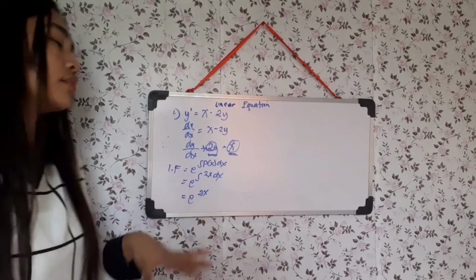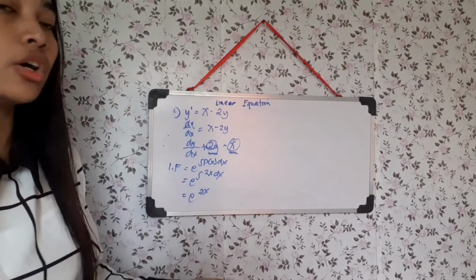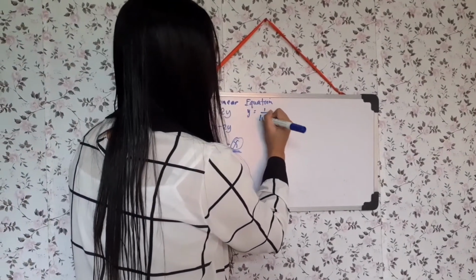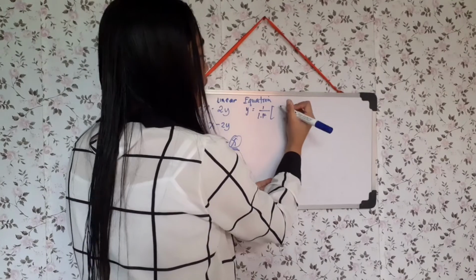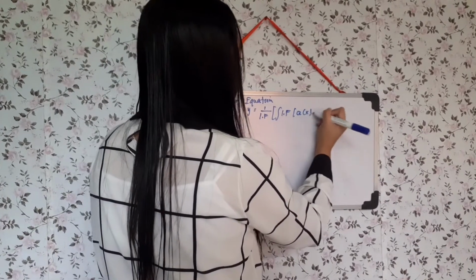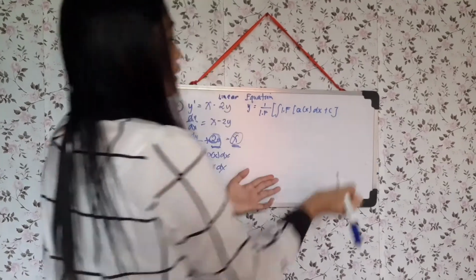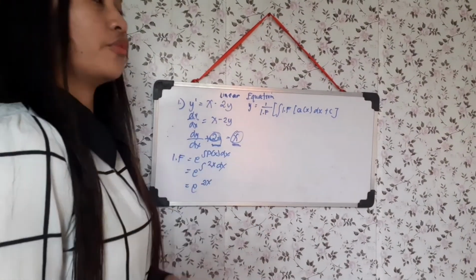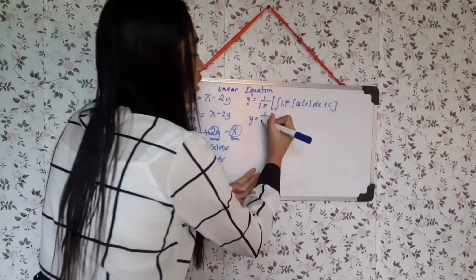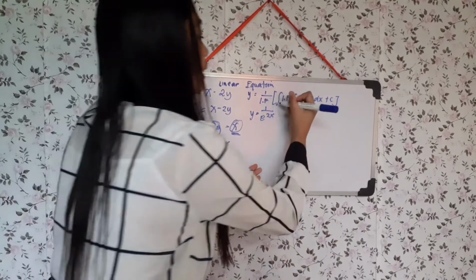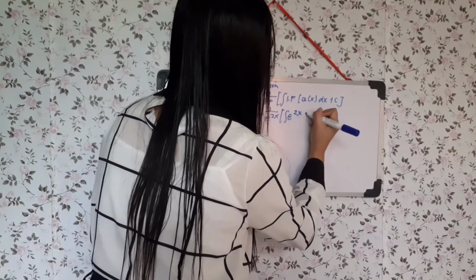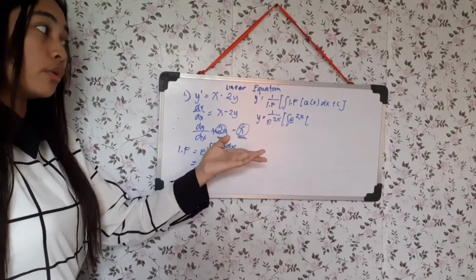Now plug it into the general solution, y equals 1 over the integrating factor times the integral of the integrating factor times q of x dx plus c. Substituting each value, y equals 1 over e to the 2x times the integral of e to the 2x times x